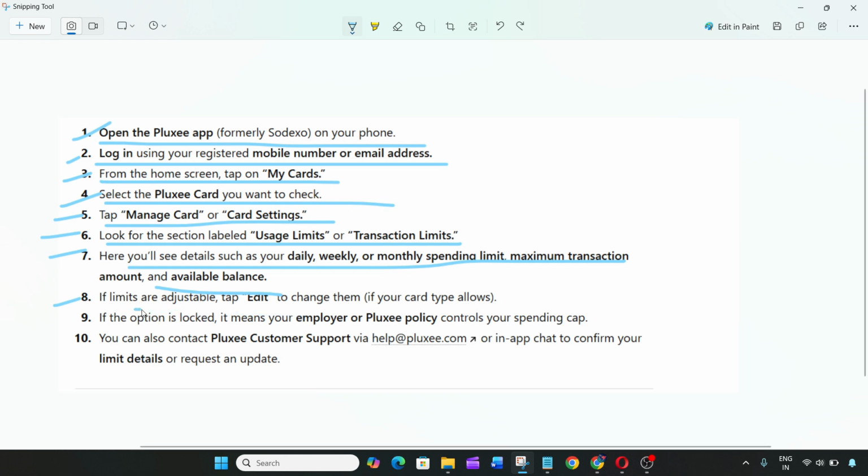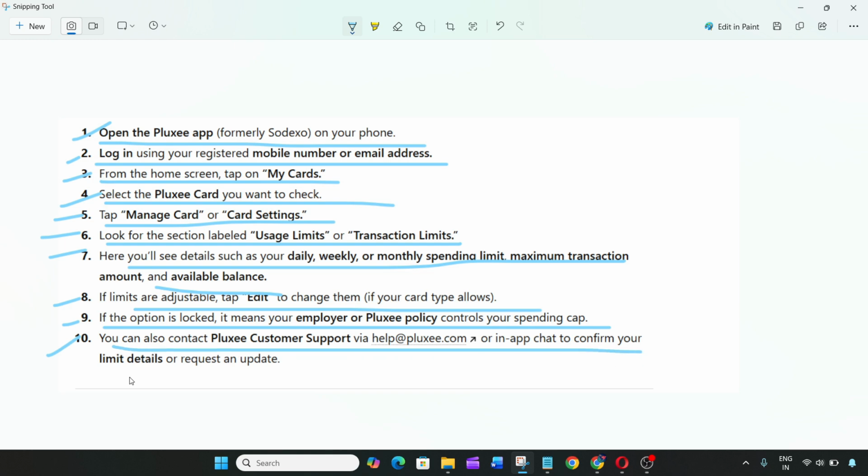8. If limits are adjustable, tap Edit to change them if your card type allows. 9. If the option is locked, it means your employer or Pluxee policy controls your spending cap. 10. You can also contact Pluxee customer support